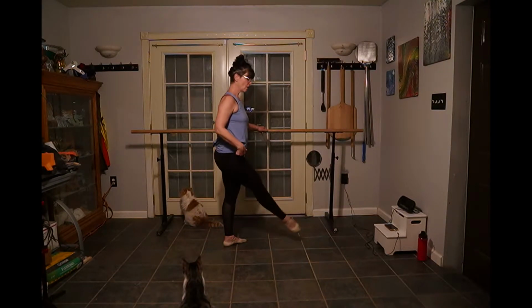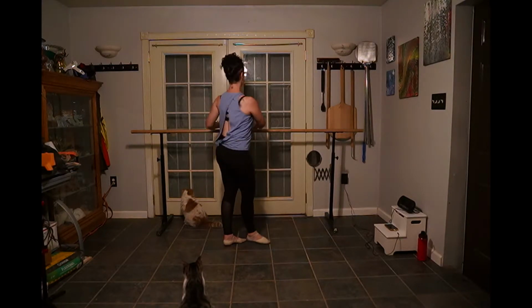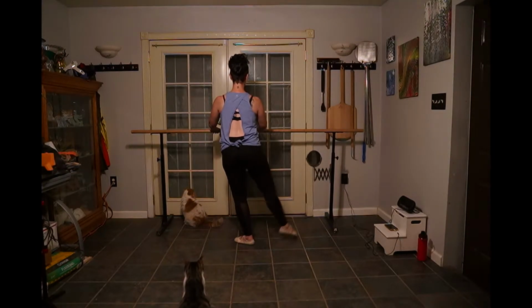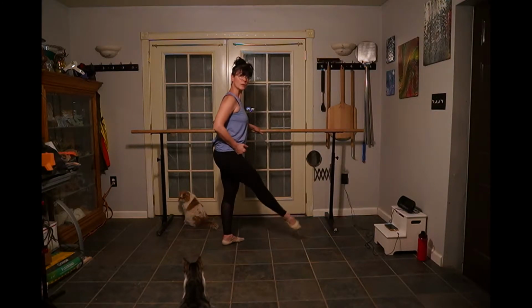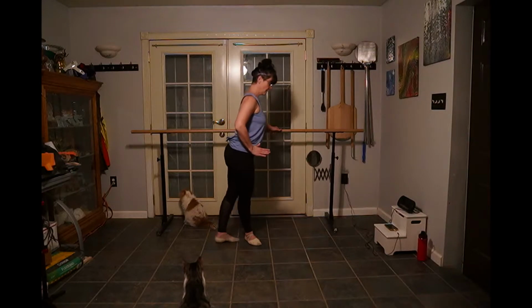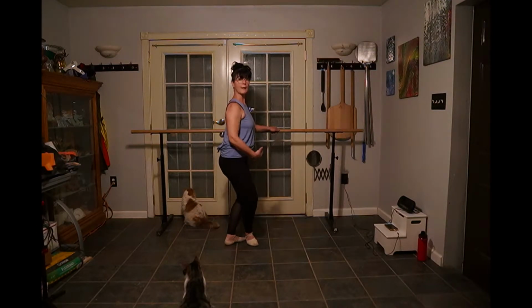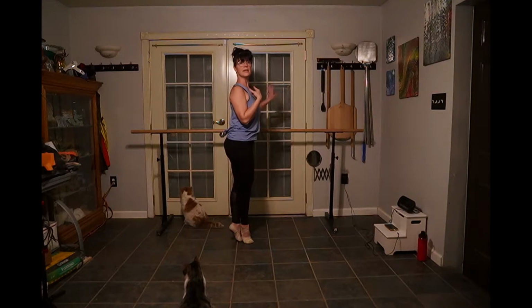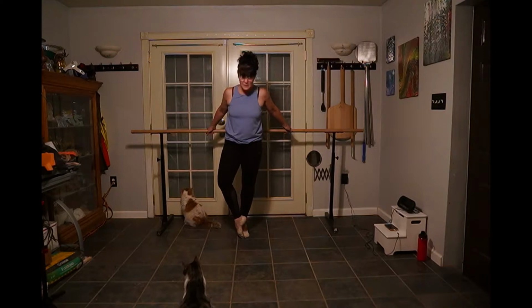We have devant for 4, 3, 2, 1, open the top of the left hip, and second, in, top of the right hip, and 1, 2, 3, 4, hips stay right where they are, 6, 7, 8, we're gonna plie, we're gonna rise up, balance, hand goes to the bar, scoop to coupe, from right here, scoop the divot in